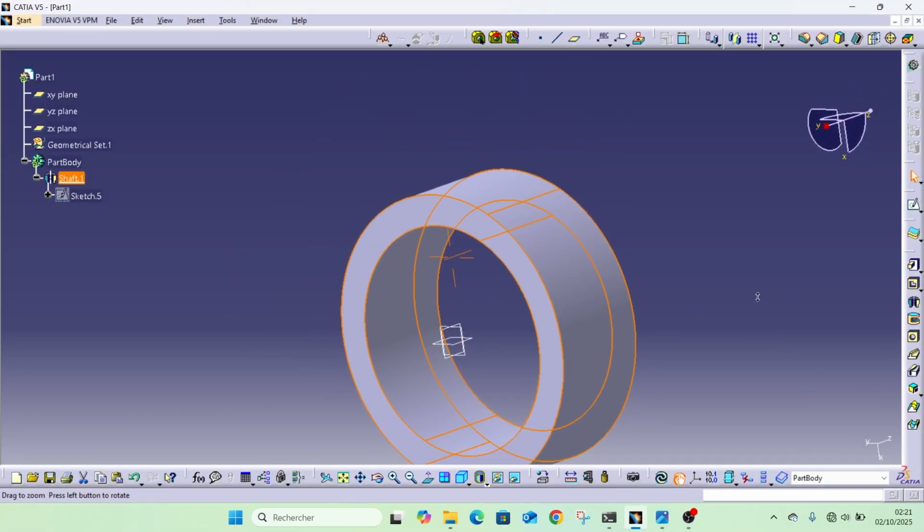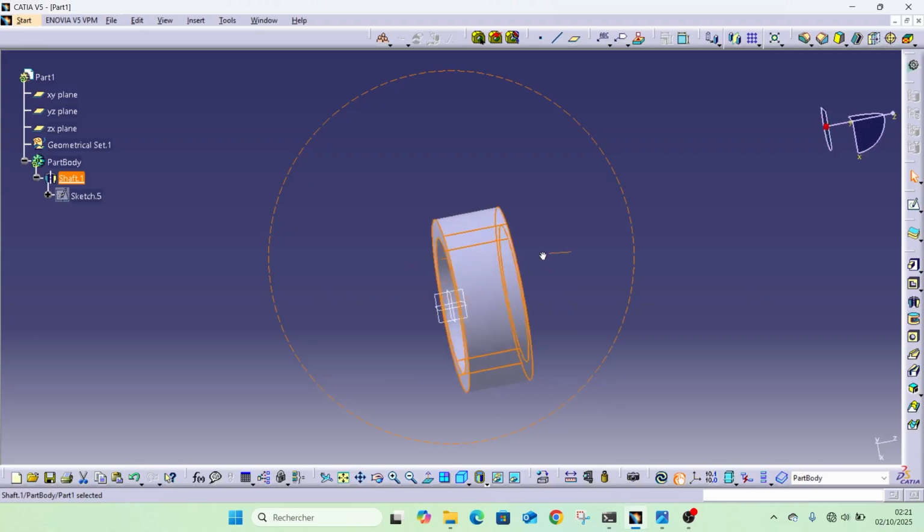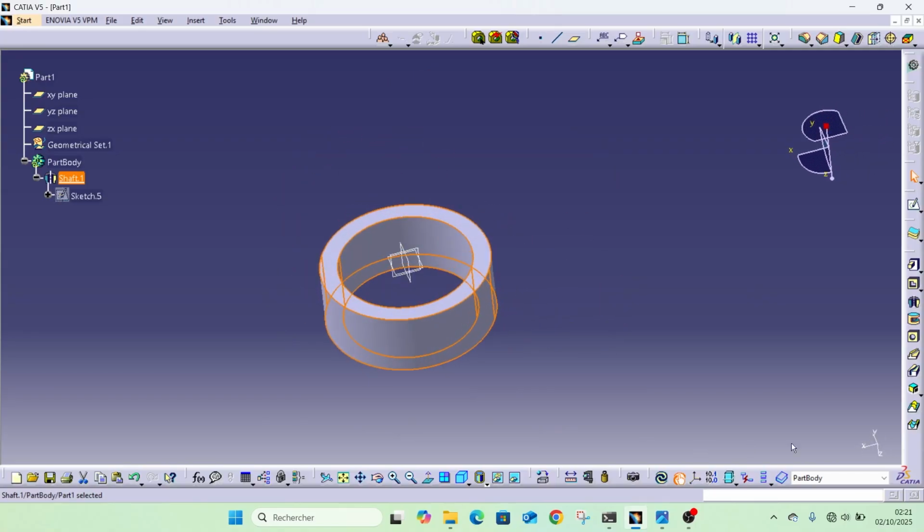So in all this, do it with this revolution or shaft as it is named here. So this is it. So let's explore